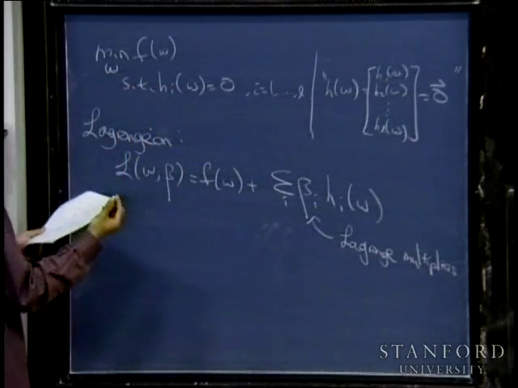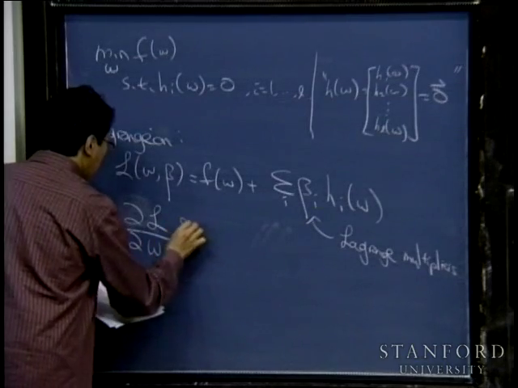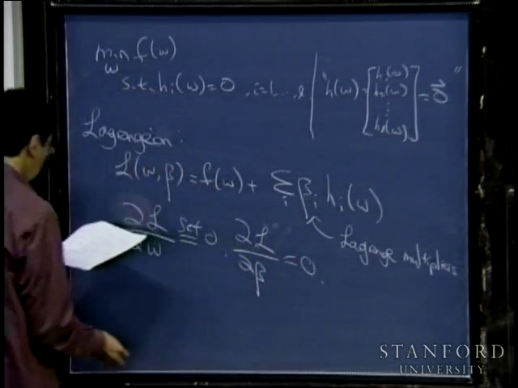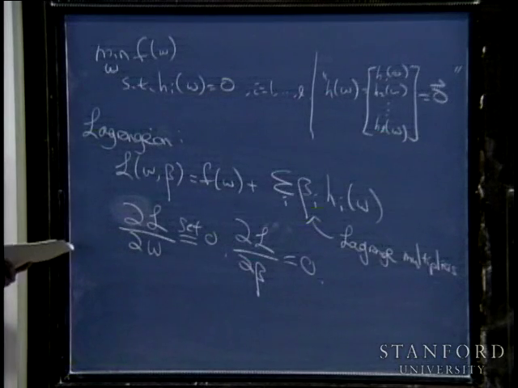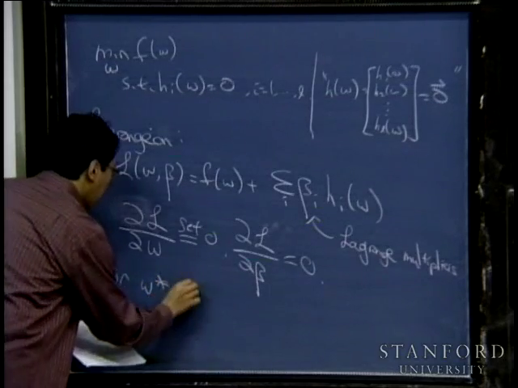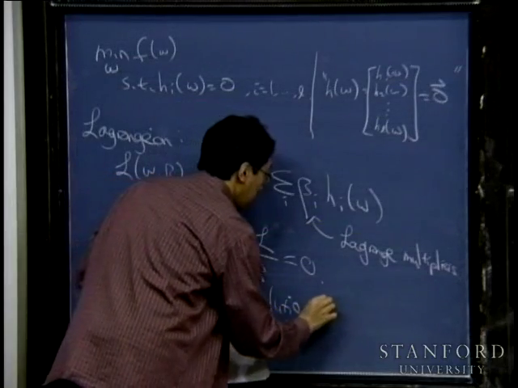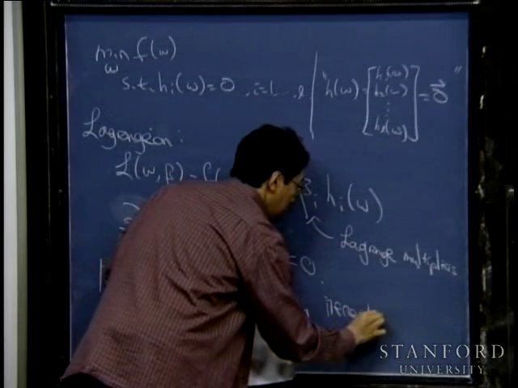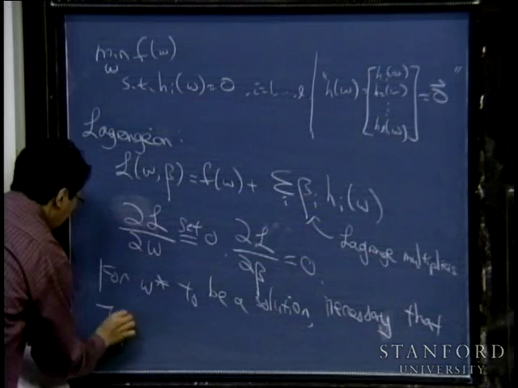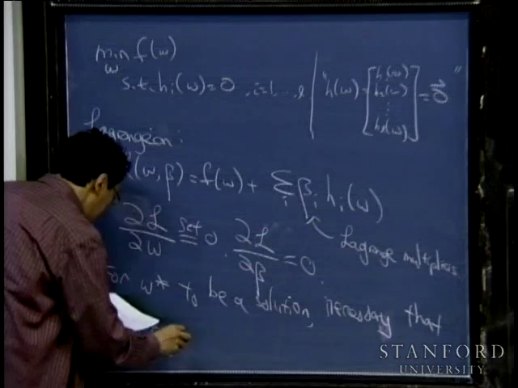And so the way you actually solve your optimization problem is you take the partial derivative of this with respect to your original parameters and set that to 0. Take the partial derivative with respect to your Lagrange multipliers beta and set that to 0. And then, this famous theorem proved by Joseph Louis Lagrange was that for some value w star to be a solution, it is necessary that there exists beta star, where the backwards E means there exists. So there exists beta star such that